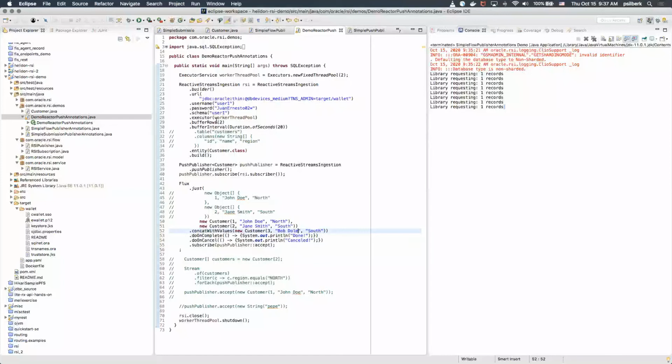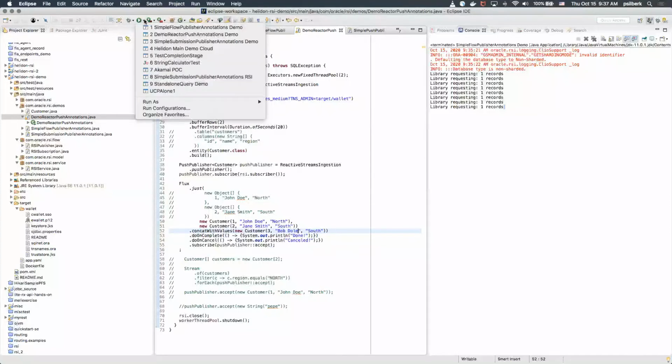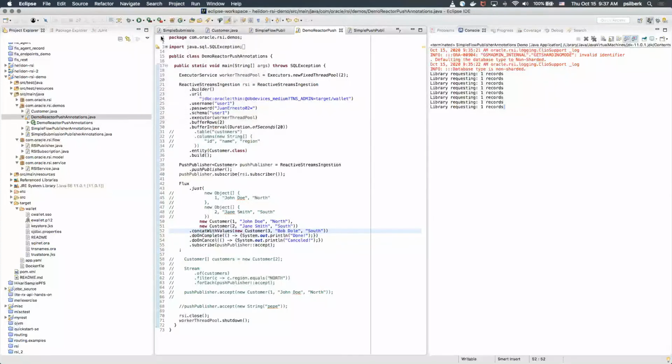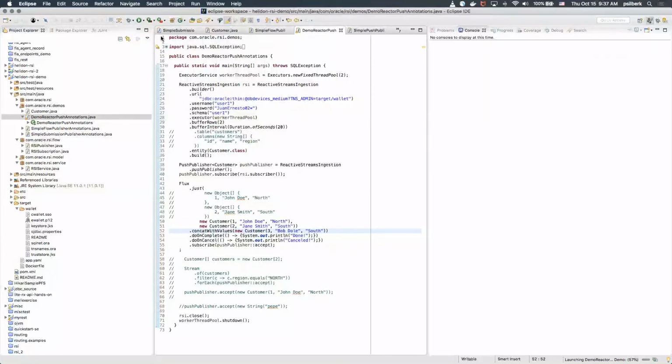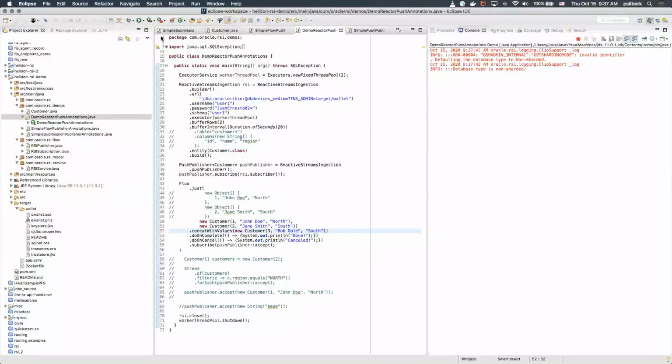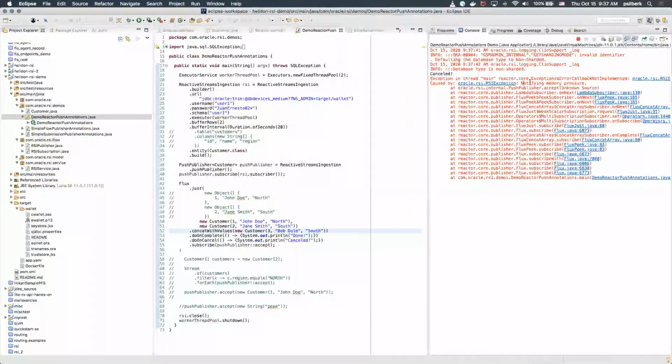So if you say, okay, 2 records, and we send 3 records before flushing, it's going to raise an exception because the buffer is full. See? Notify memory pressure, and the only thing it can do is cancel. The cancel is in here because there was an exception, and there is nothing else it can do.